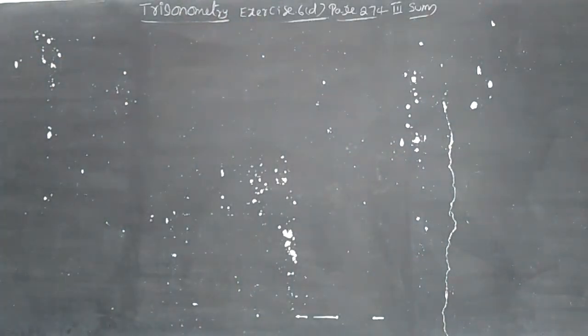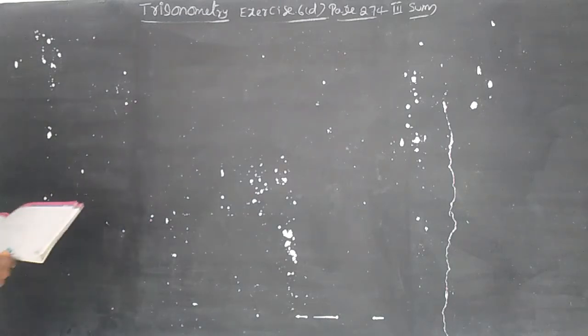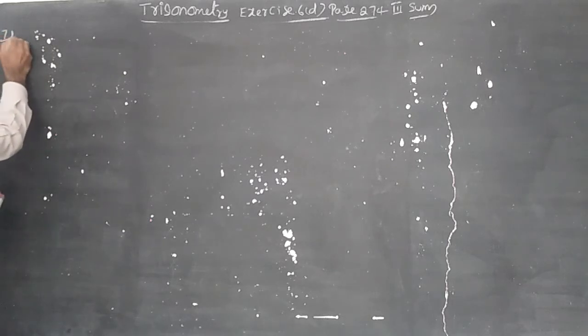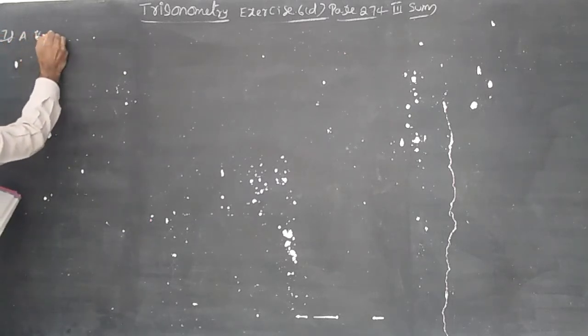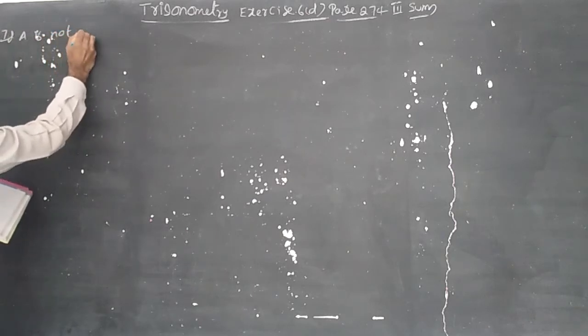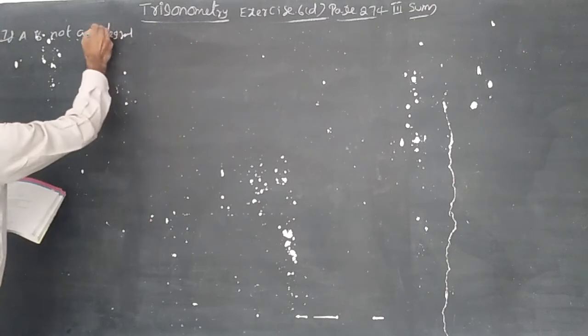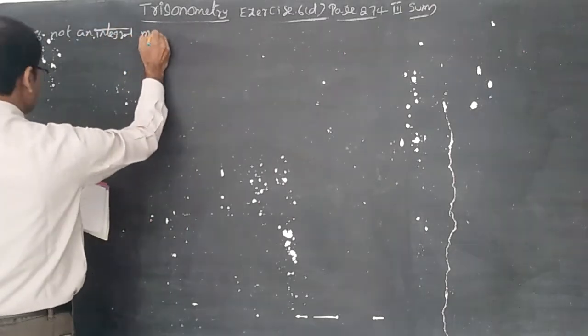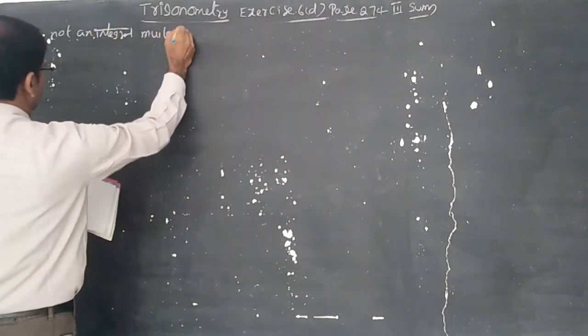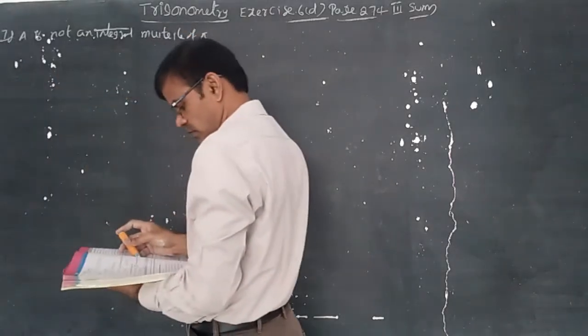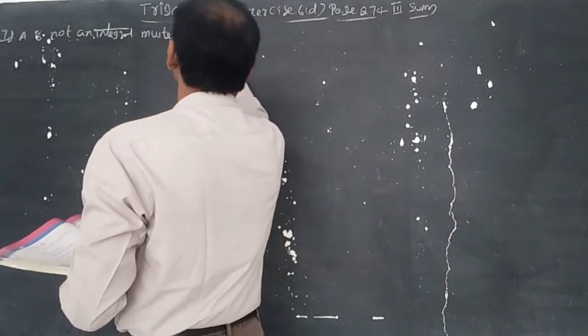Last question of the exercise 6D. Fourth bit, second one. If A is not an integral multiple of pi, prove that